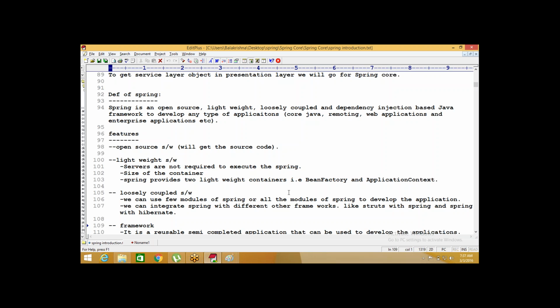We decided the technology. We should use iBATIS only to design the DAO layer. If you don't know, learn and you can implement it. I learned only Hibernate online. Can I use Hibernate? No, right? They decide the technology and how to use it. But